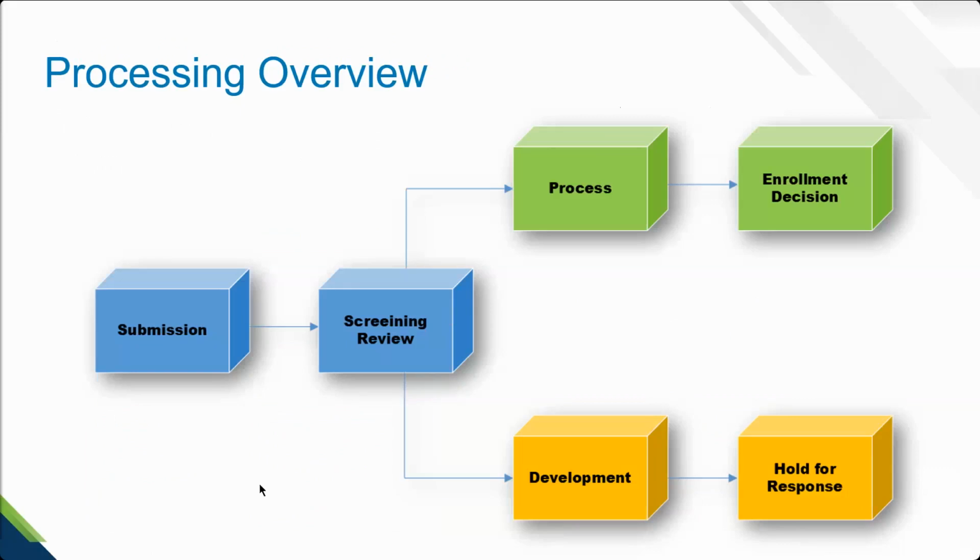So once we receive that application, the process looks the same. There's just pieces of it that take a little bit longer depending on how we receive that application. So obviously the first step is submission. We receive that application and it gets into our workload system. Then we review that application to see if we have all of the information we need. Are all of the application sections completed?